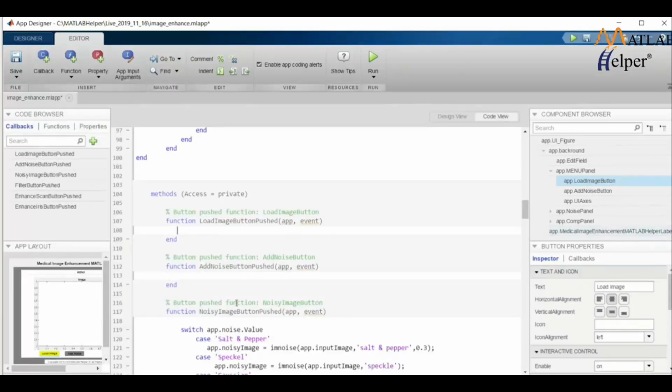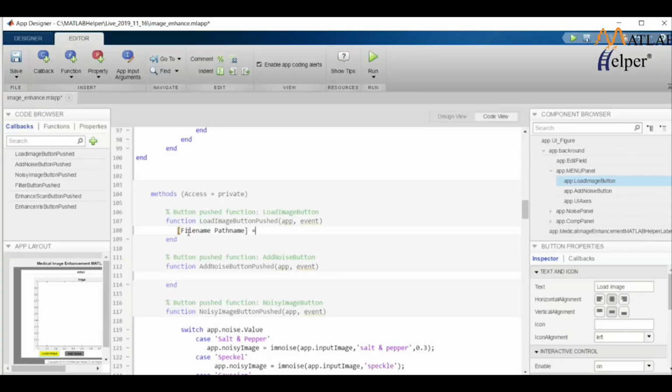Now that the callback is done, you can start typing the behavior of that button. For the load image button, choose file name and path name